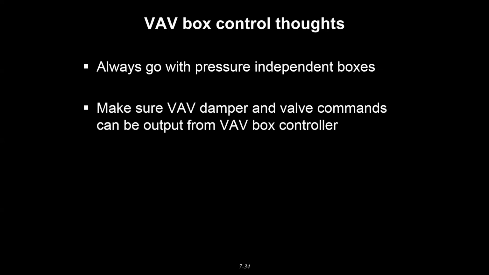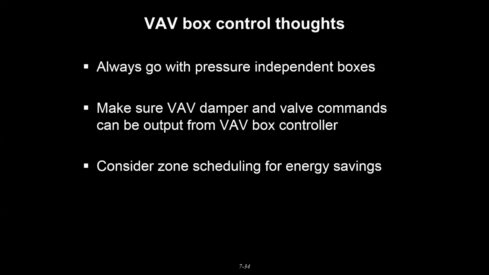If you're trying to do some resets, as we'll learn, we need zone information to be passed to the plant controllers. So you might want to make sure you get a controller where you have a VAV damper or VAV valve command that you can share with the plant over your control network. And there are certain considerations, like zone scheduling, if you have dissimilar spaces that you may want to consider building into